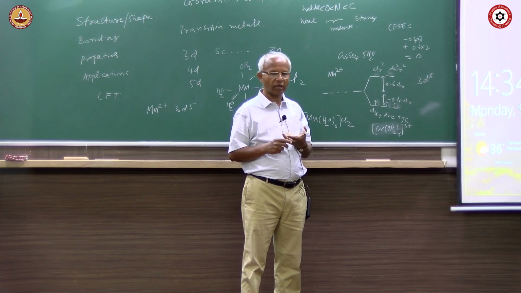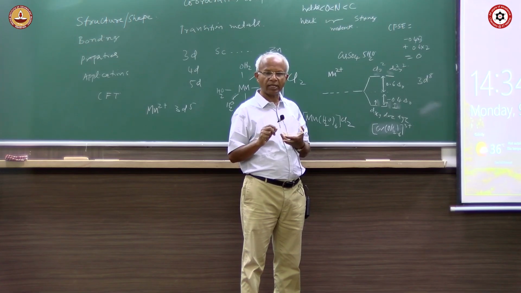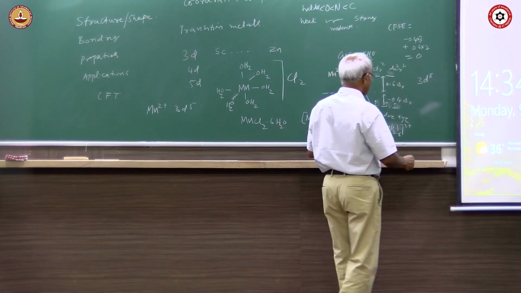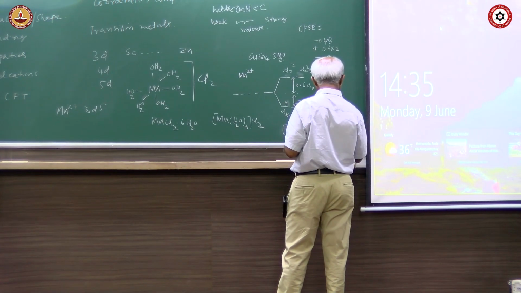In the case of the hydrogen atom, if you calculate the energy of the hydrogen atom, negative 13.6 electron volt, if you still remember anything, so the negative value here refers to stabilization energy. Okay. So there it is negative 2.4 delta O, and here